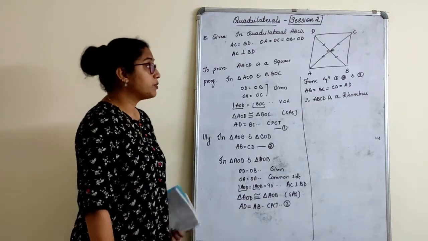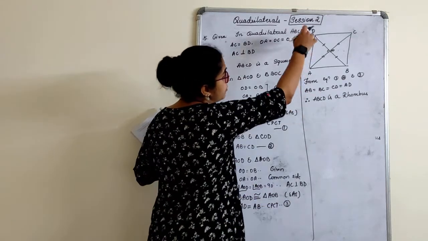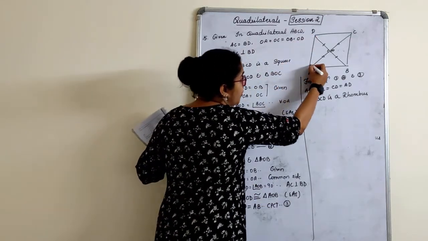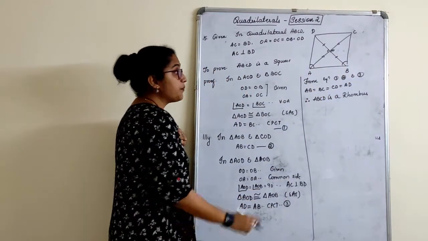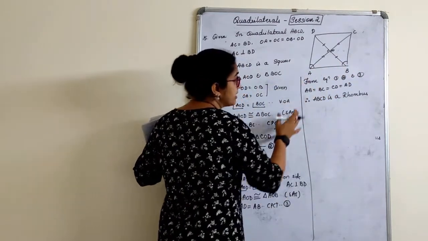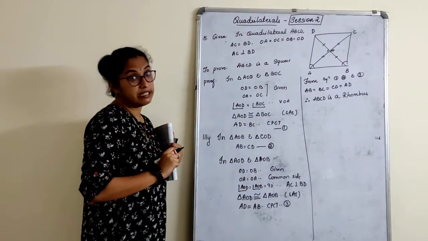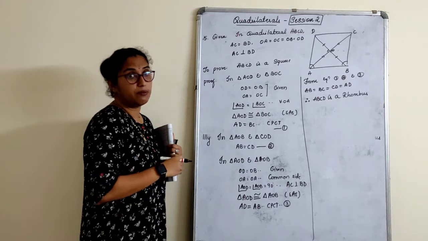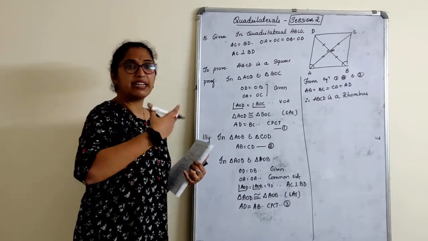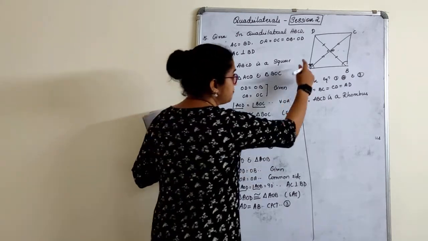So how do we prove that? What we will do now is we have to show that this angle is equal to this angle. Okay. Let's start with it. Why that angle only? Because these are consecutive angles. If consecutive angles are supplementary and equal, I can show and prove that each is 90. Again, the same thing we are following.